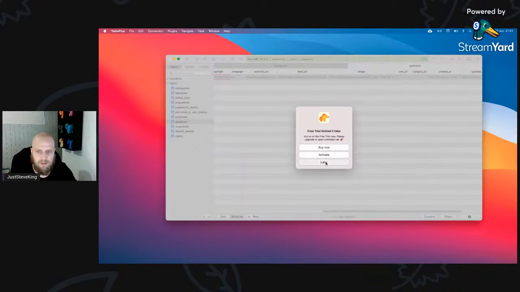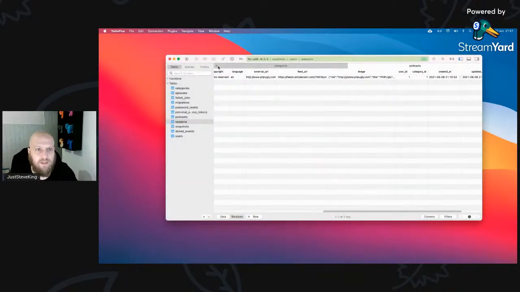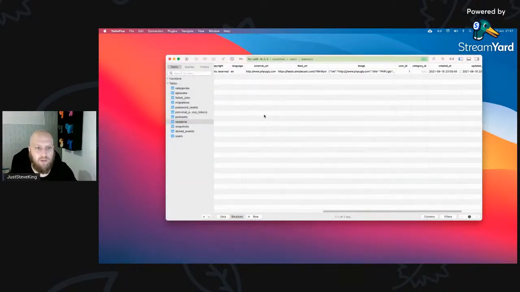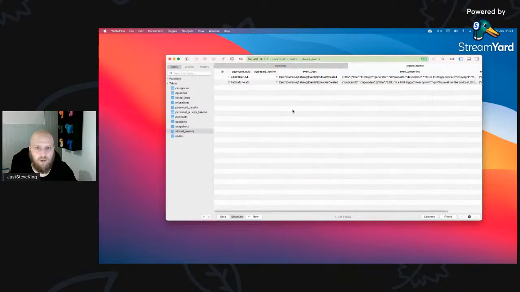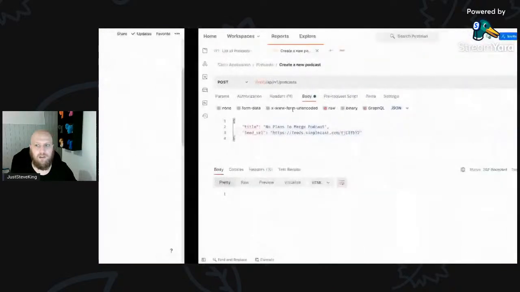Oh, later. I do need to buy that license. I keep forgetting. So we've got 1 stored event, we have got 2. So now if we come back to here,